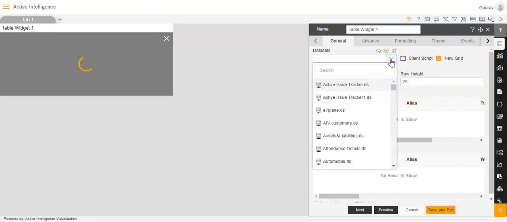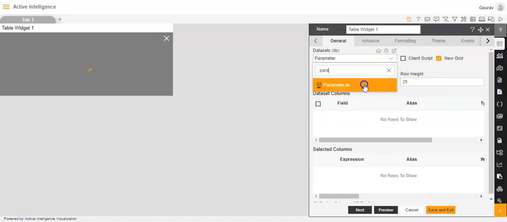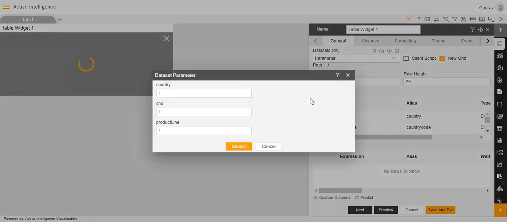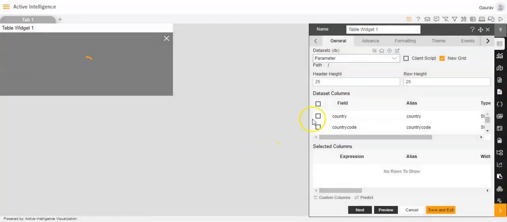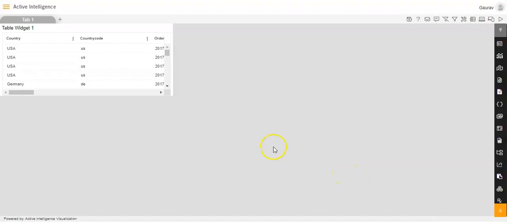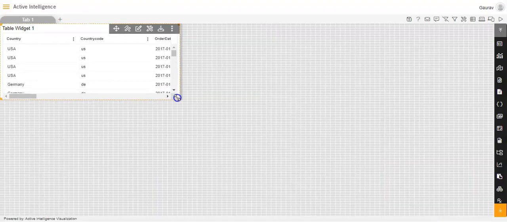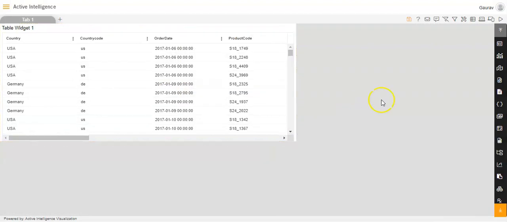The dataset here I will select as parameter.ds, and once I select the dataset as parameter, one dialog box opens up, and I'll click on submit over here, and I'll select all the dataset columns, and I'll click on save and exit. So you'll see that we have created the table widget.